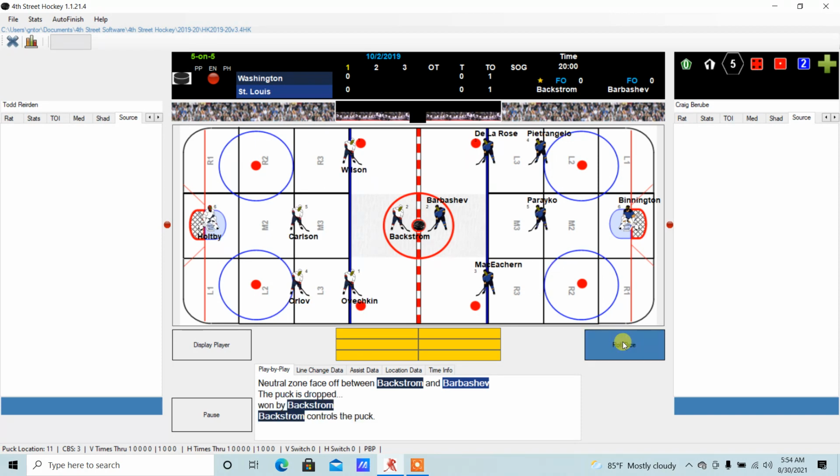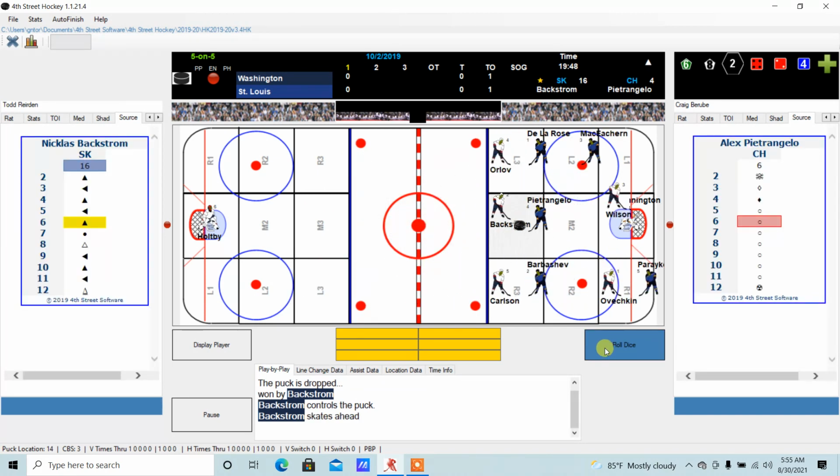Alright, face-off won by the visitor, Backstrom. He had won the visitor over the home team roll, and he actually had a point extra to start. So Backstrom controls the puck, and the 20-sided die doesn't come into play here, neither do any of the dice. Maybe that's something to consider, maybe turning off the dice when they don't actually come into play, but that's for another day. So Backstrom has control of the puck in the center zone,